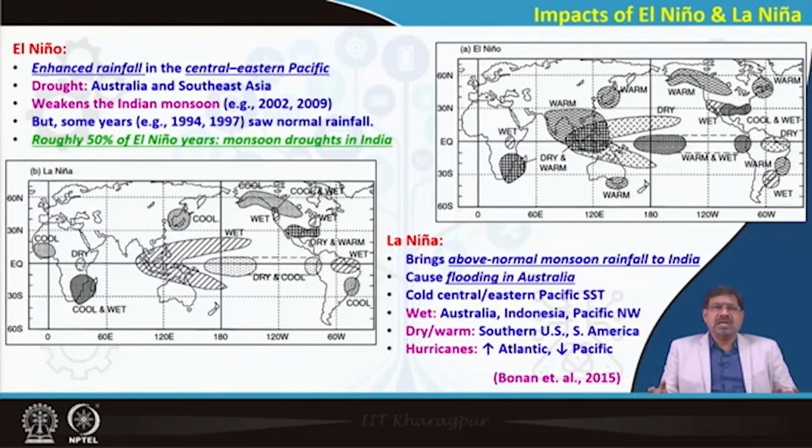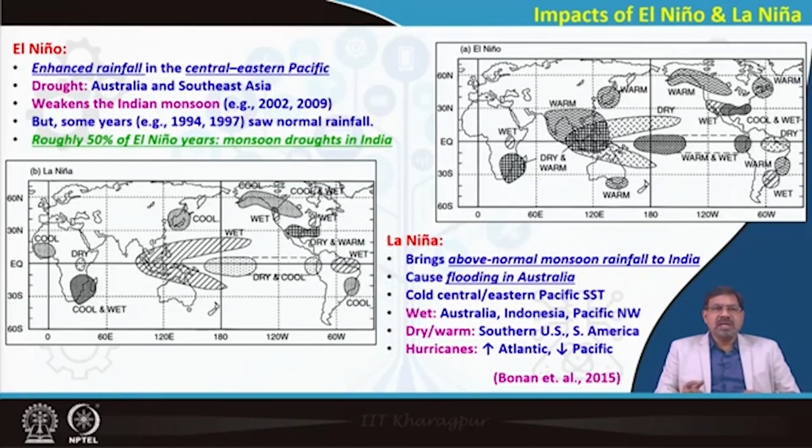This much we understand. You can see both figures are shown in grayscale. On the left lower is the El Nino representation and the right upper is La Nina,